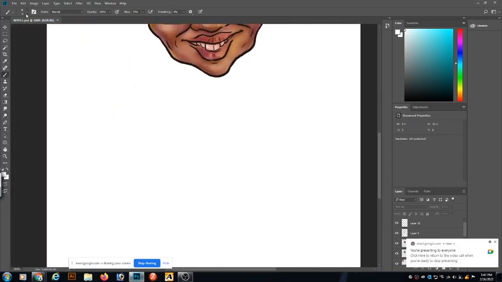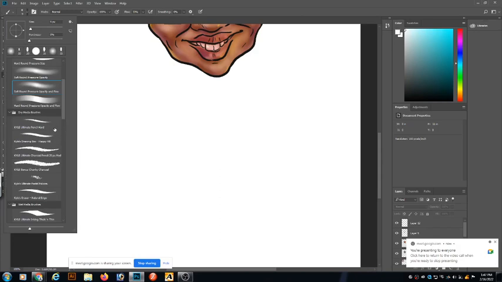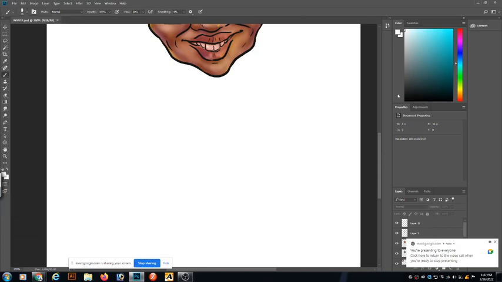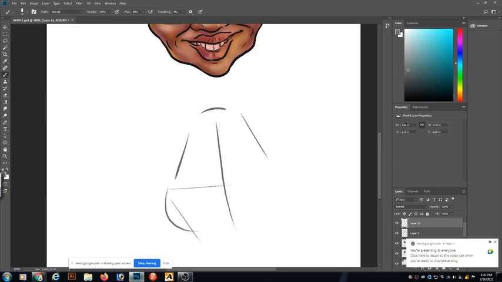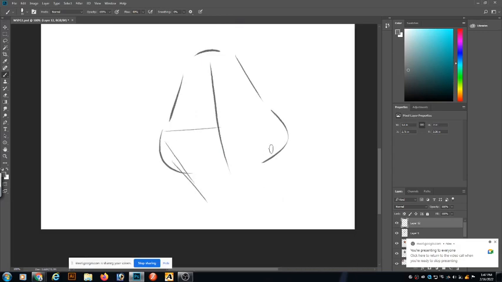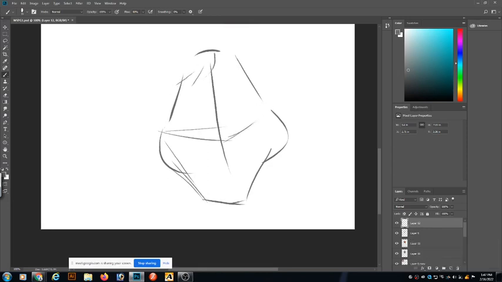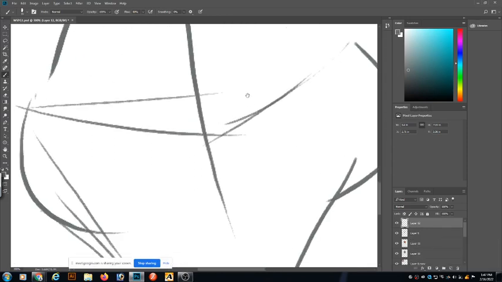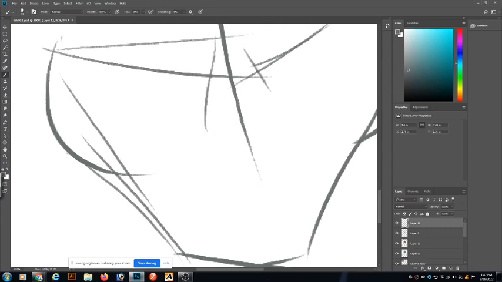So the method you have to use, guys, is to sketch it out first. Simple as that. Sketch your structures first. People draw the structures like this first when they want to draw something. This is how to draw the nose itself.